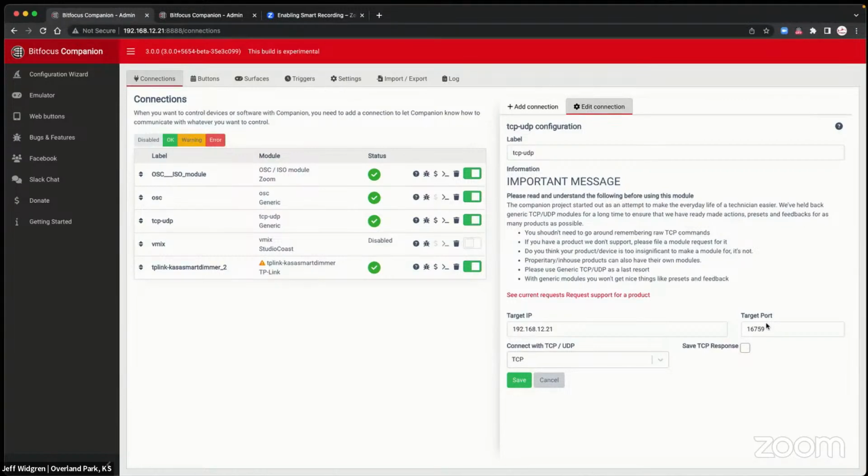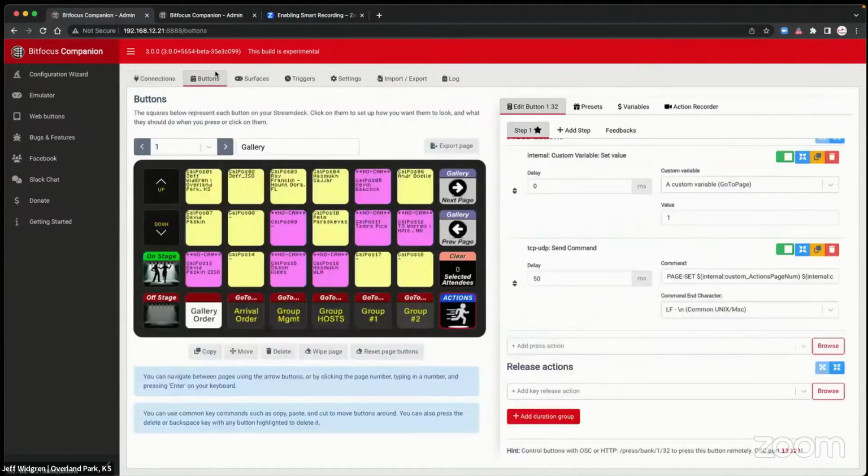And so you get to the door, then you get to the application. That's the IP address and then the port number. And so just a little bit more clarity there. All right, so you add the module, and then when you get it configured and you're using the module, if you go back to the button,